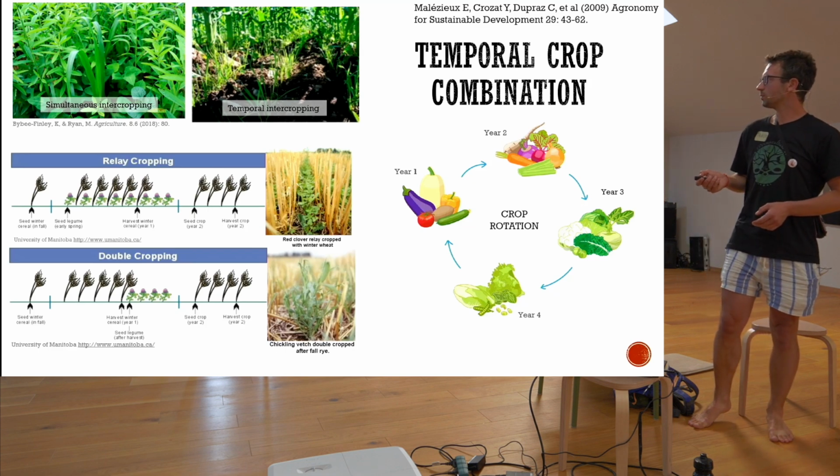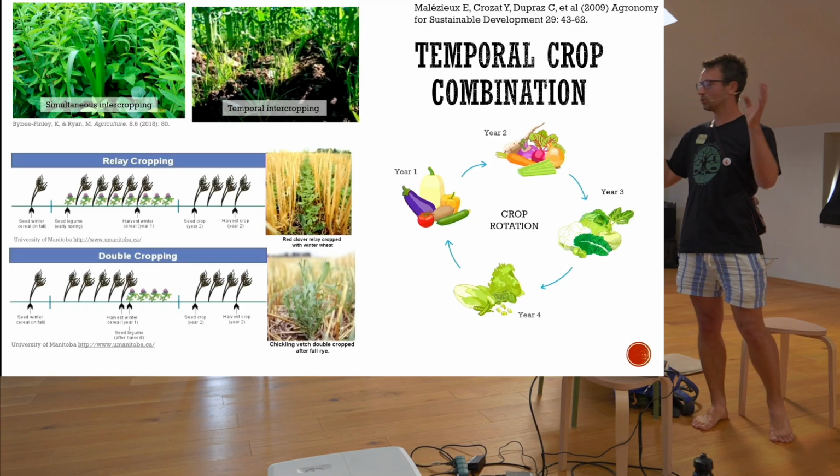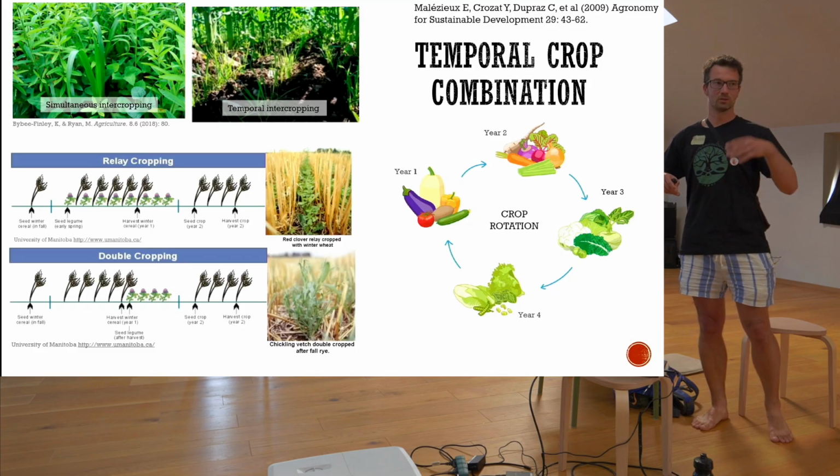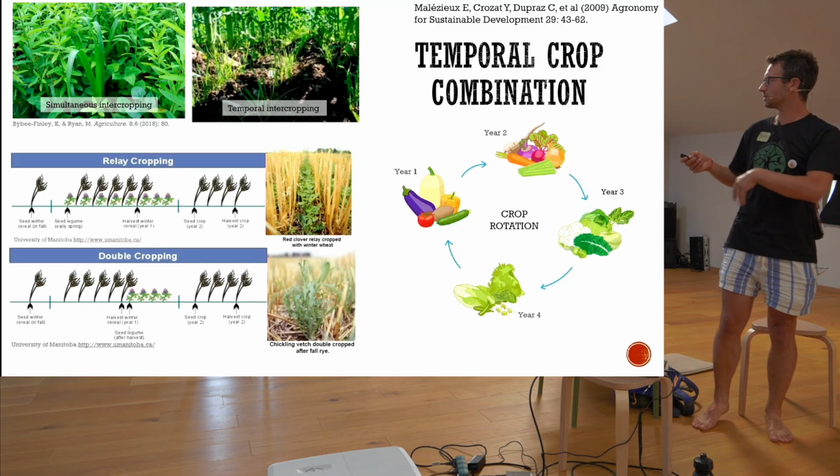If your crops compete, you could use relay cropping, when you undersow your second crop under the first crop. Usually it is done when the first crop starts to wilt, starts to die, so there is no competition for resources anymore, and also more light comes to the ground.